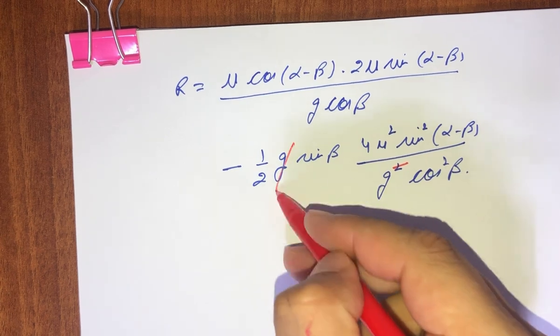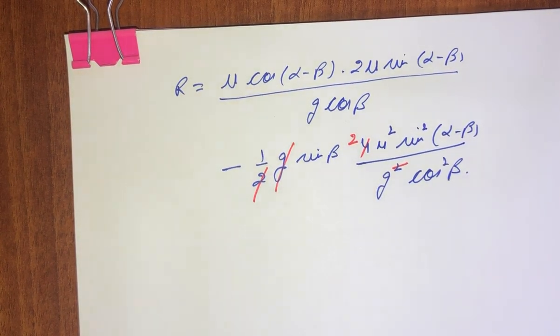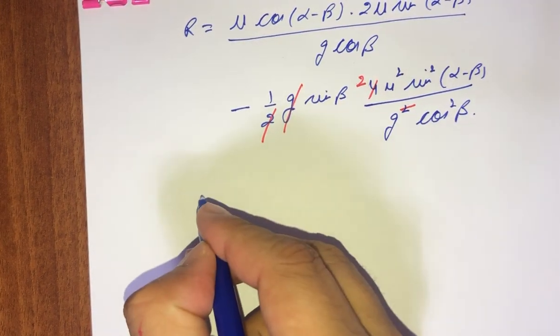So this g cancels, this cancels out with 2, so we are left with